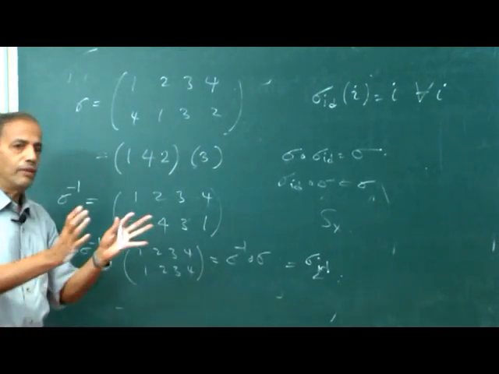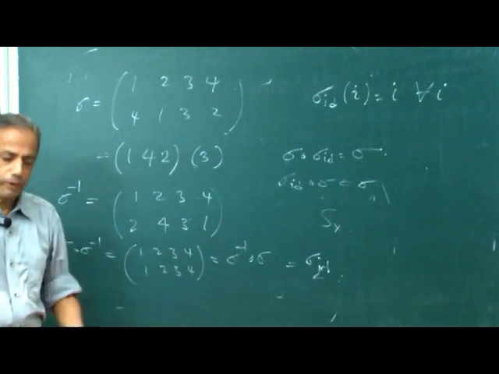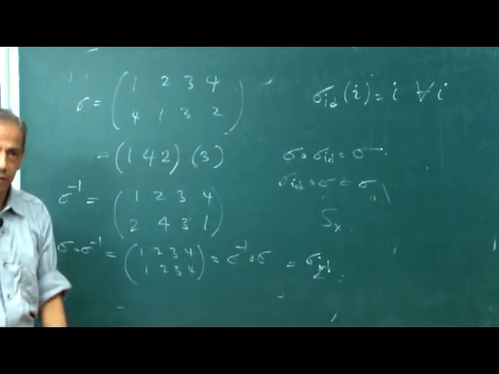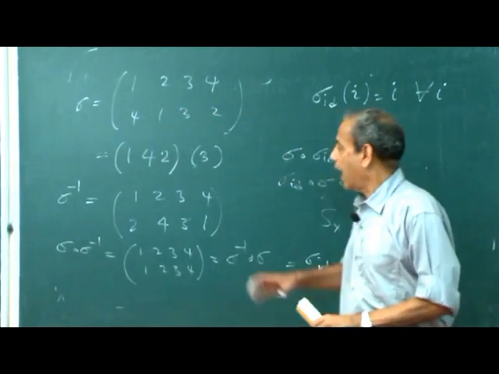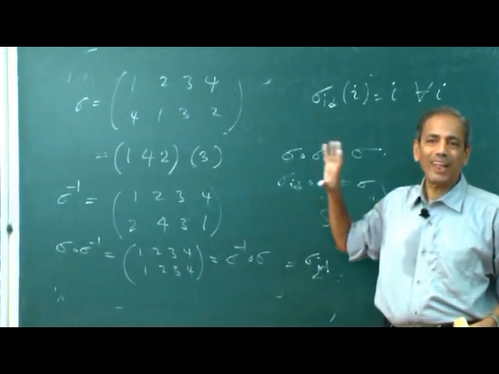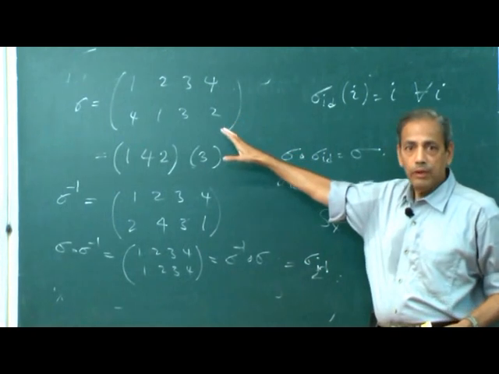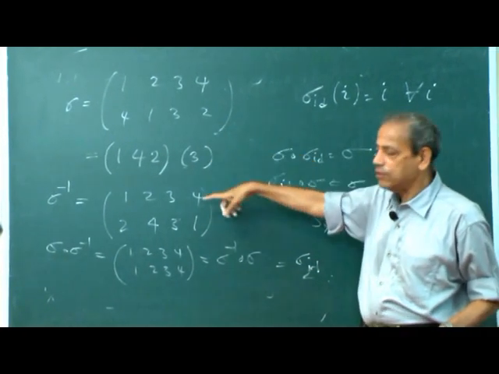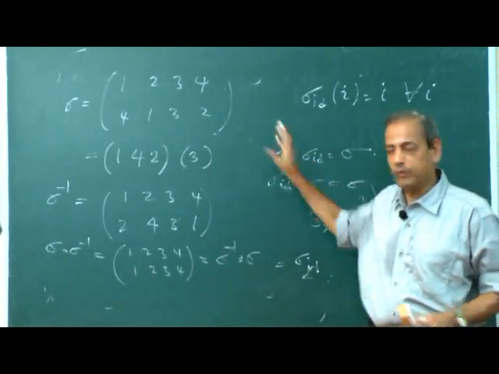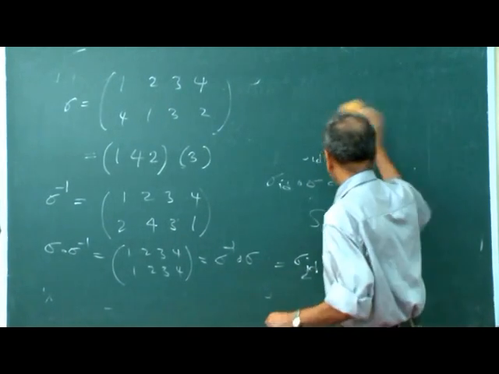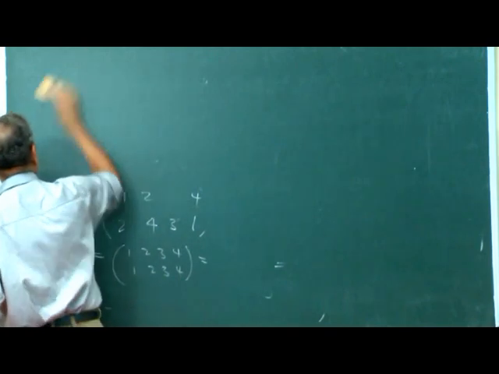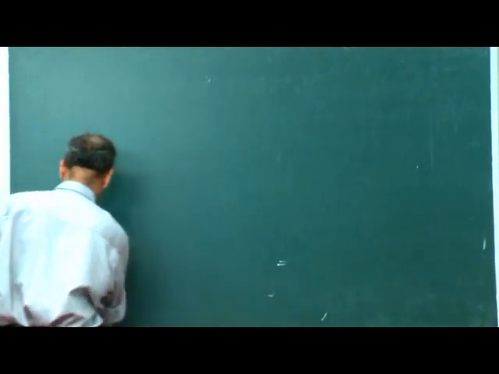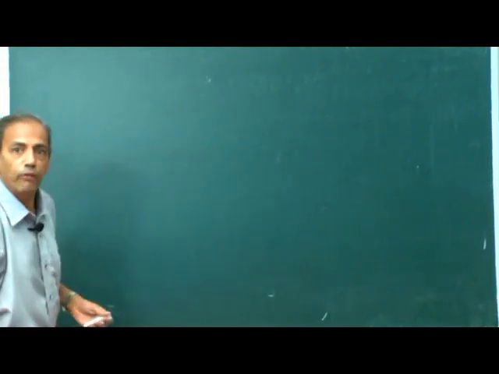So let us now take these properties and make them general, not necessarily a set of permutations. Instead of a set of permutations, we replace it by a general set and use these guidelines to define what is known as a group. So a group is a set with all these four properties displayed by permutations. So let me go to the definition of a group.